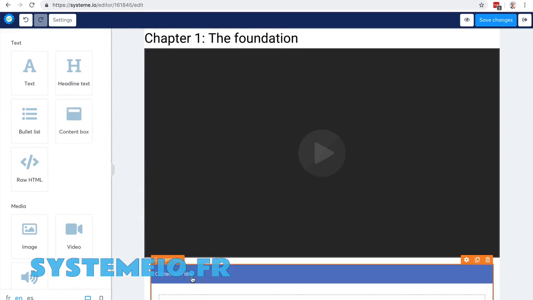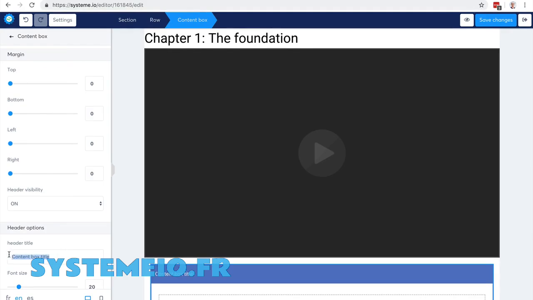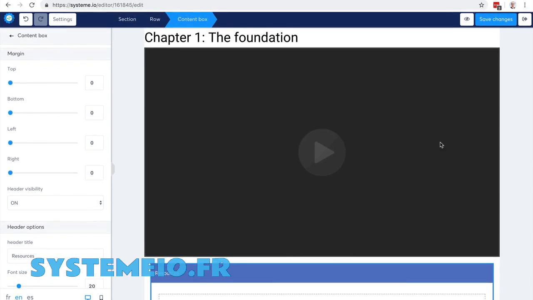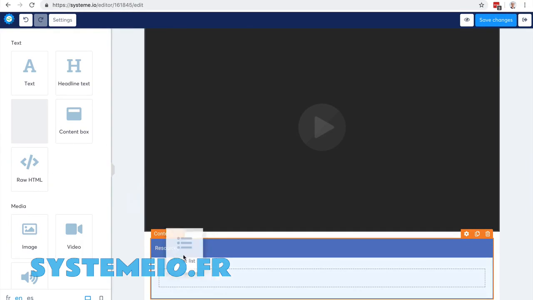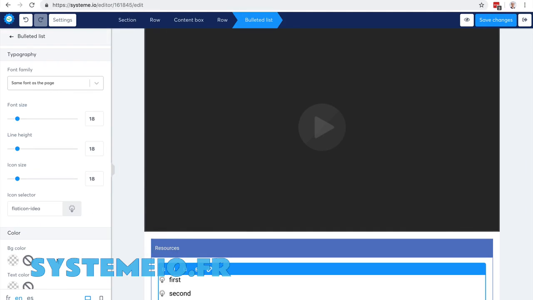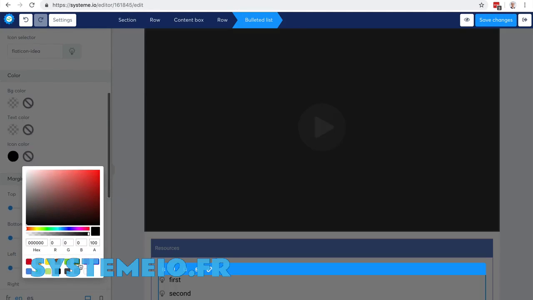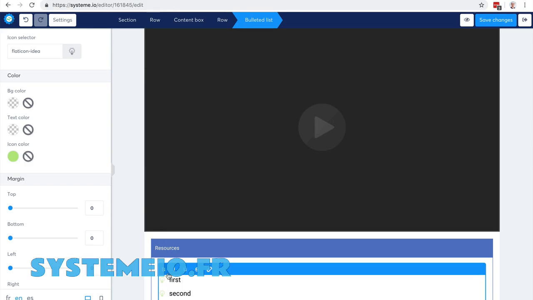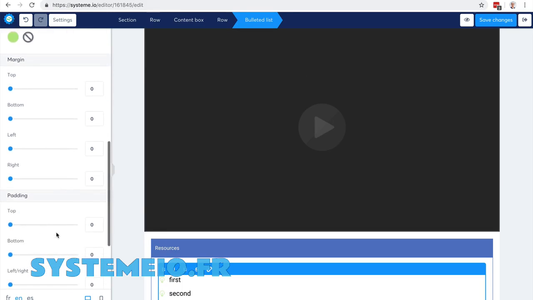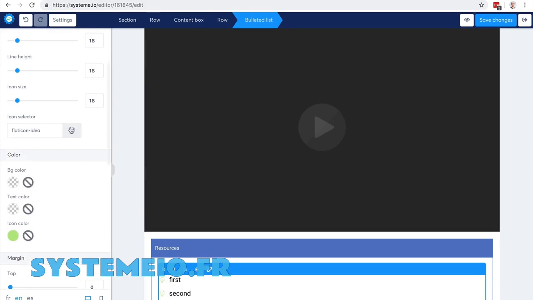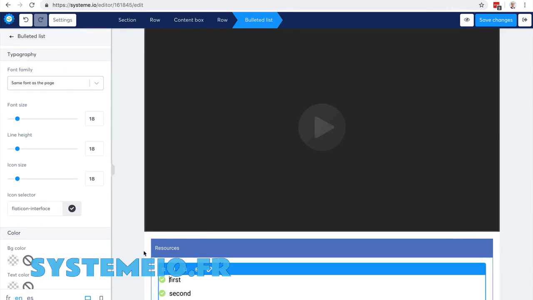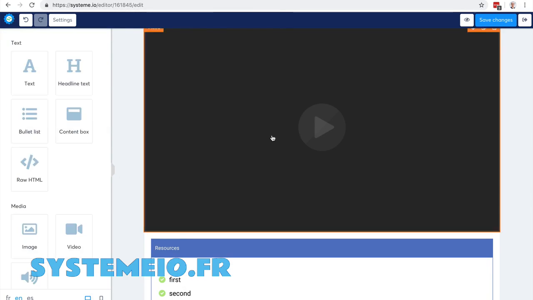So it's here, okay. To provide some additional resources, I'm going to type in resources here, and usually what I do is I add a bullet list. So you might want to change the color of the icon. Okay, maybe use a different one, maybe you can change the size, and here you can add some links to some books or